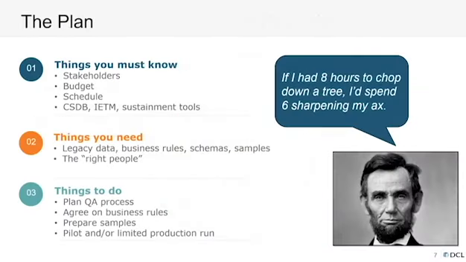So again, in the spirit of S1000D and reusability, this is a slide that I almost always use. And the quote, if I had 8 hours to chop down a tree, I'll spend 6 sharpening my axe, should definitely be applied when you're dealing with legacy conversion, any kind of legacy conversion. The more planning and analysis you do up front, the fewer issues and problems you will have later on. Fixing your data after conversion will cost a lot, and it would lead to very inconsistent data. So how do you go about doing a proper analysis?